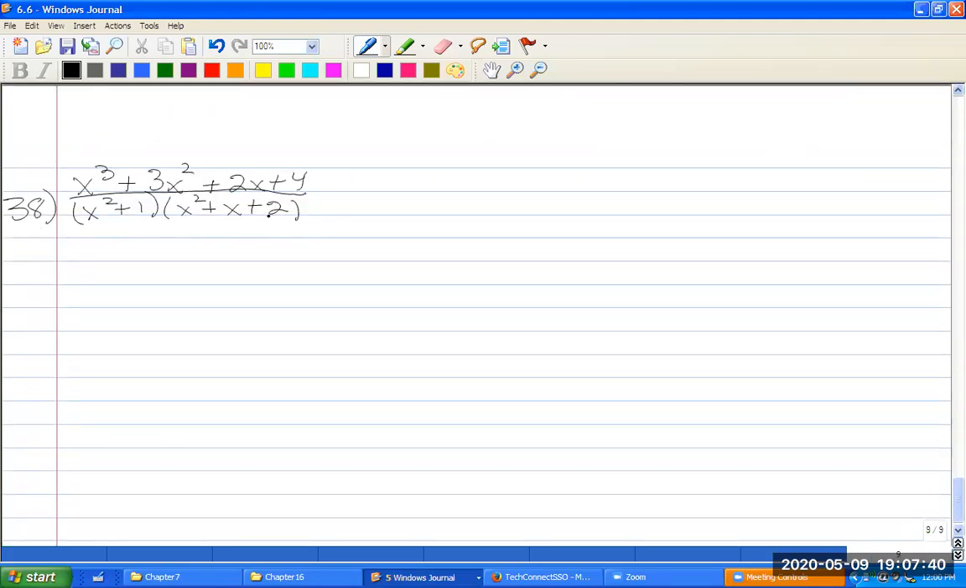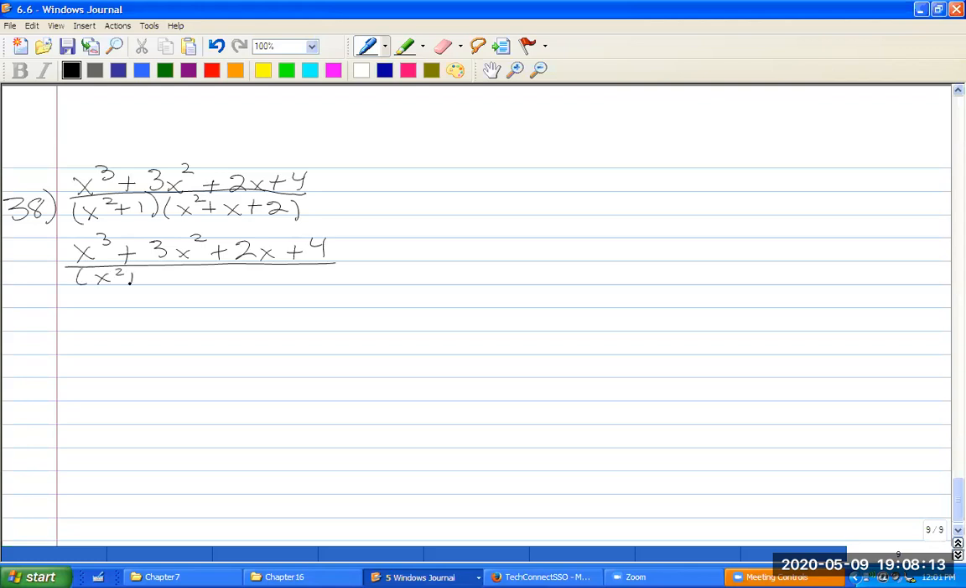And so, these are irreducible. And so I have that x cubed, and x cubed is less than x to the fourth. So this is just going to be a fraction. I don't have to divide anything. So I have x cubed plus 3x squared plus 2x plus 4